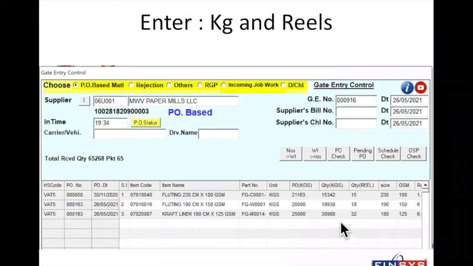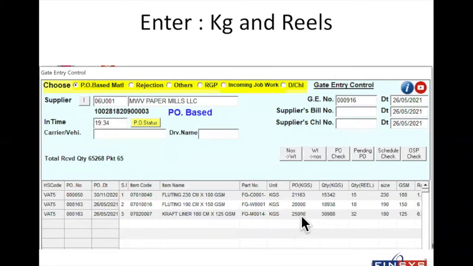I enter the data. At this point, I'm entering from the vendor's bill because I have to see this with my eyes. The vendor has sent me a bill or a challan. The guard has to enter as per the vendor's bill. Look, he puts in PO 21 tons, actual received 15 tons. Second item, PO 20 tons, received 18 tons.